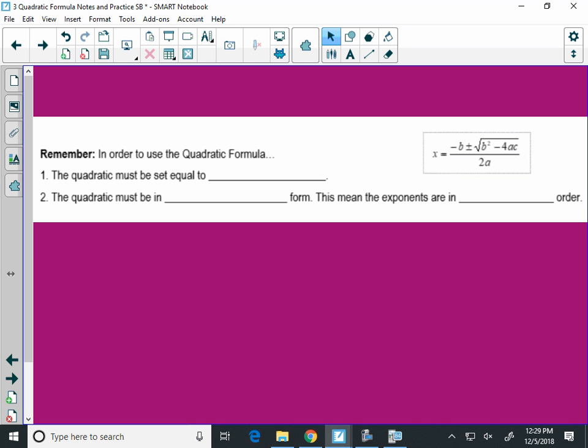Okay, so big things to remember with the quadratic formula here. Your quadratic must be set equal to 0 in order to use the quadratic formula. Anytime you're solving a quadratic, whether it be by factoring, graphing, quadratic formula, or complete the square, which we're going to do on Friday, it has to be set equal to 0. The quadratic must also be in what's called standard form. Standard form just means you have to go x squared first, then the x term, then the constant. So the exponents have to be in order,